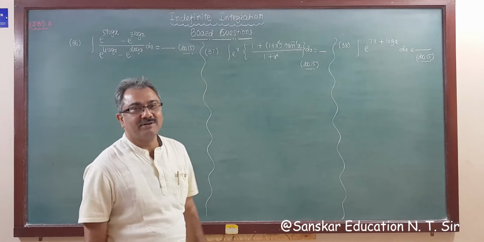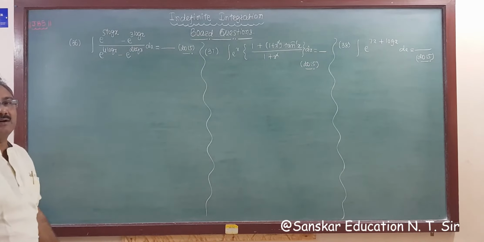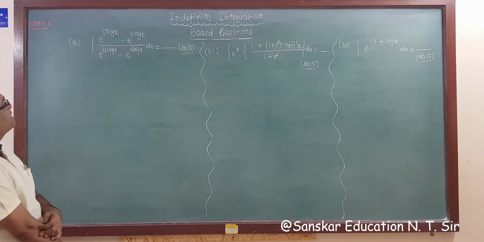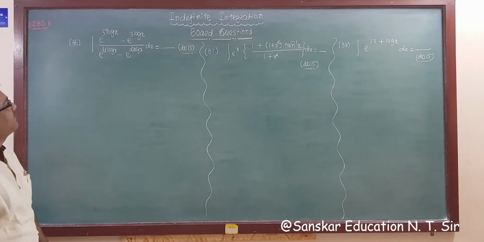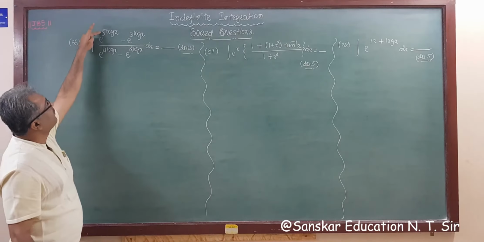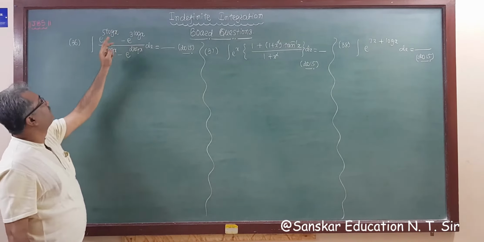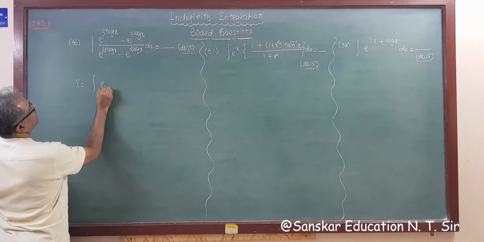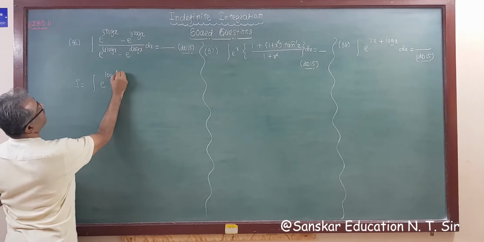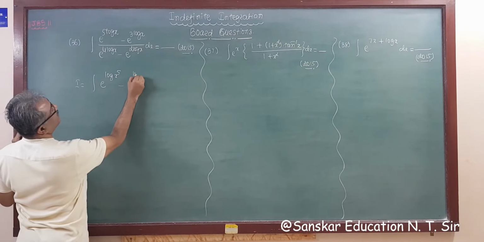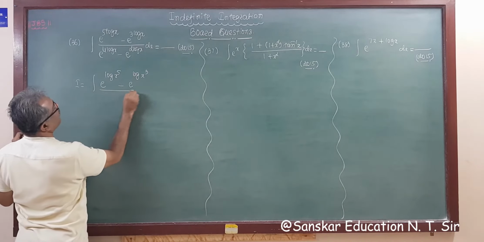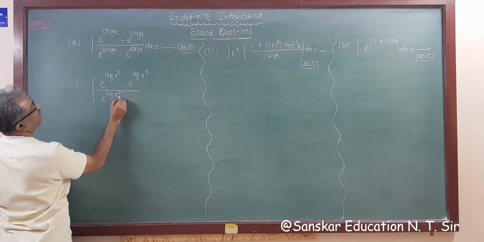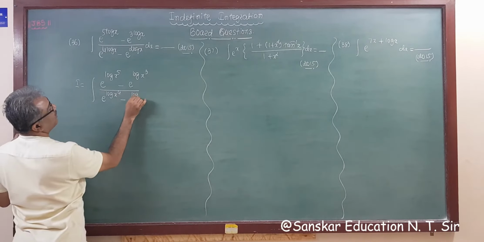So, continuing solution of board questions, we are coming to question number 36. It is given e raised to 5 log x minus e raised to 3 log x upon e raised to 4 log x minus e raised to 2 log x. Now, using the log formula, e raised to 5 log x becomes e raised to log x raised to 5. So your I will be integration of e raised to log x raised to 5 minus e raised to log x cube, whole upon e raised to log x raised to 4 minus e raised to log x square,